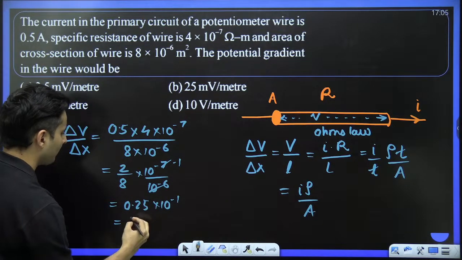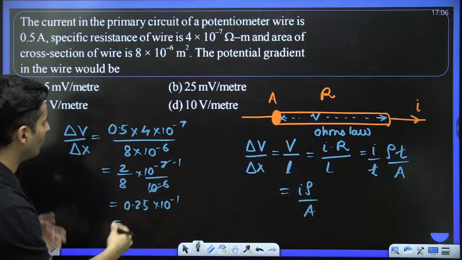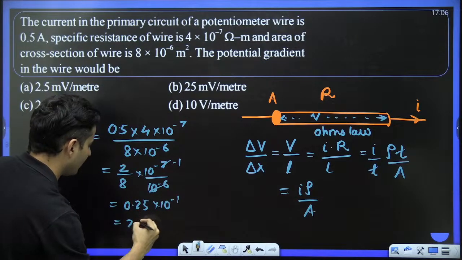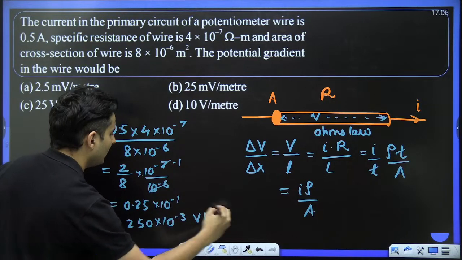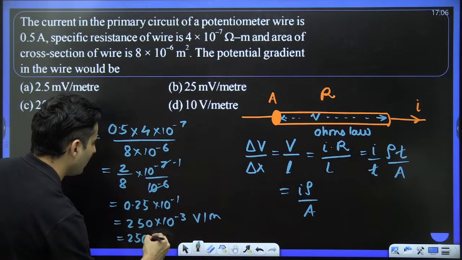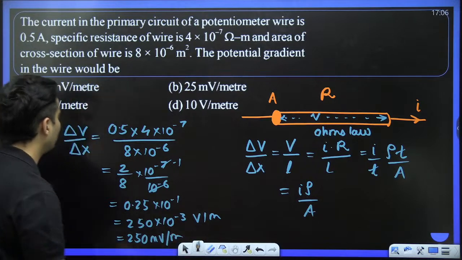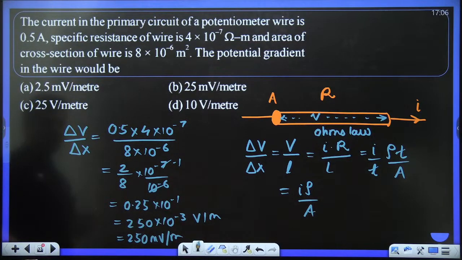So it is basically, I think it is in millivolts or volts maybe. So I can say it is 250 into 10 to the power minus 3 volts per meter, or I can say it is 250 millivolts per meter. So 250,